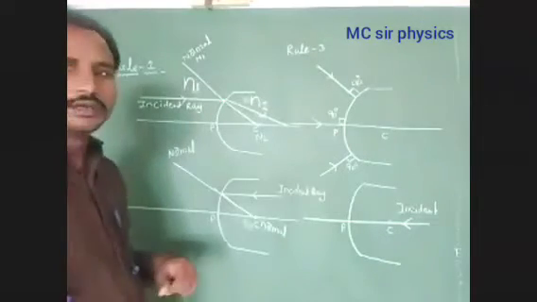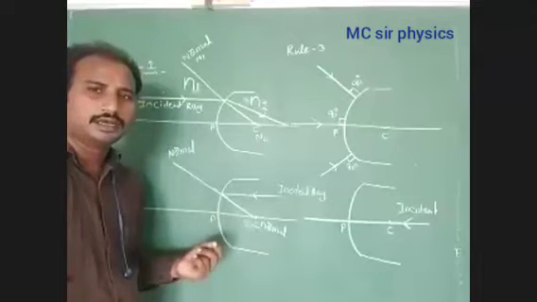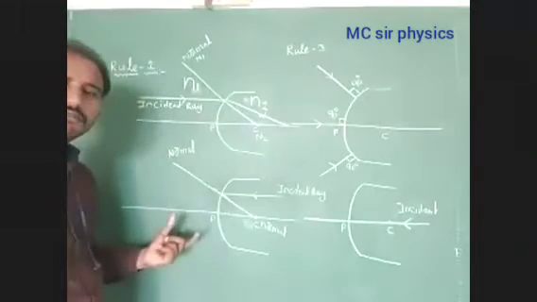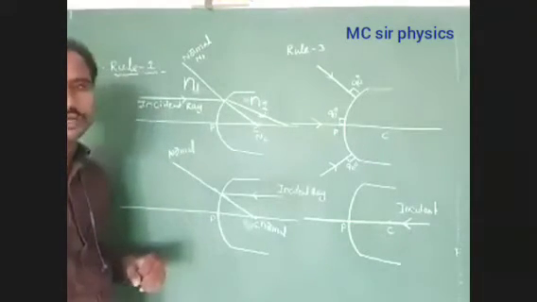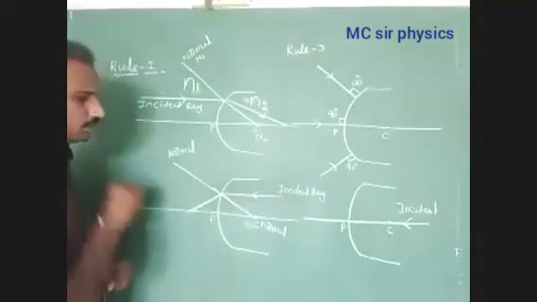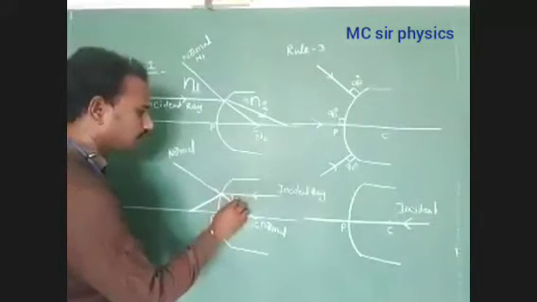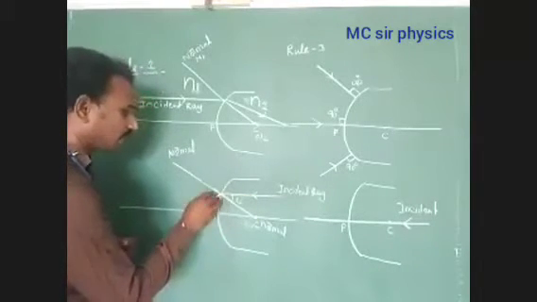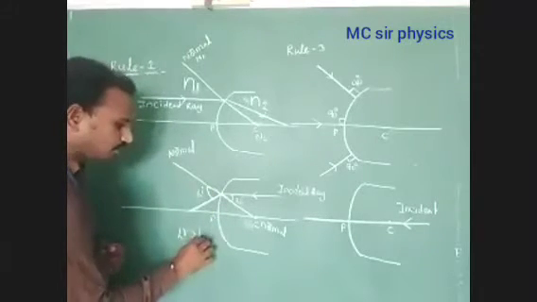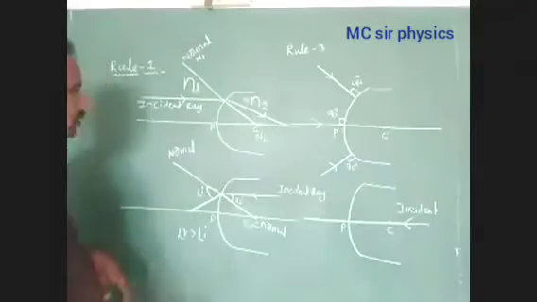Now, what is the condition? If a ray of light is traveling from denser optical medium to rarer optical medium, then the refracted ray bends away from the normal. What is the reason? We consider that the medium is low density optical. Then we have to represent that the refracted ray bends away from the normal. Here, find out the angle of incidence. Here, find out the angle of refraction. Angle of refraction is greater than angle of incidence.